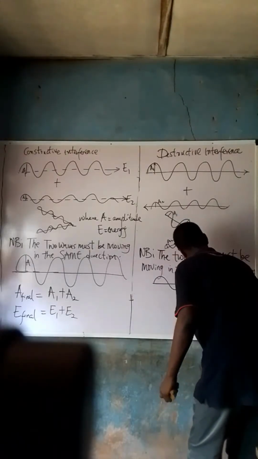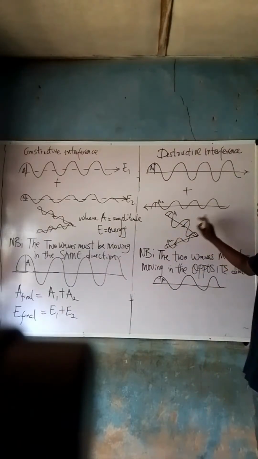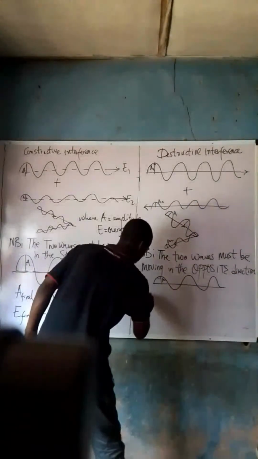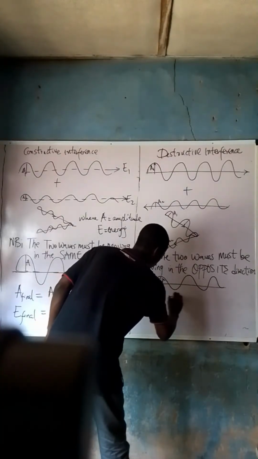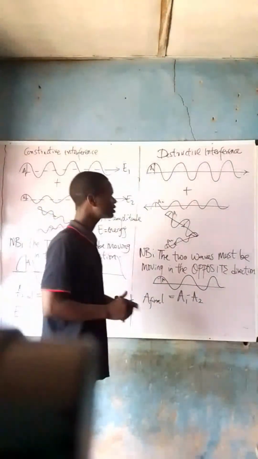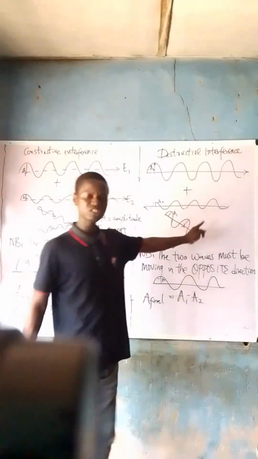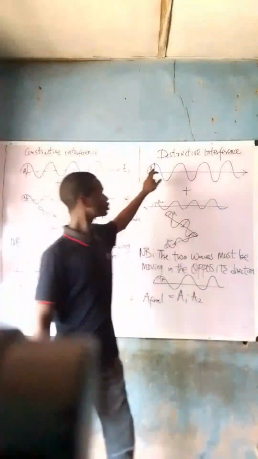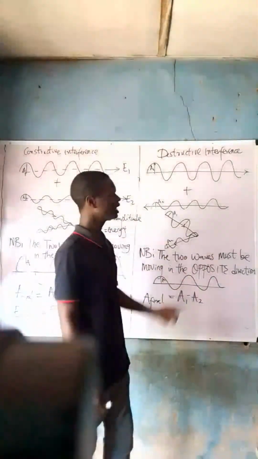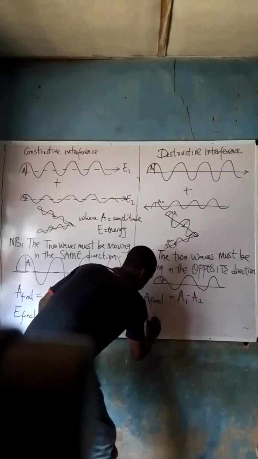It will now have a lesser amplitude. Reason being that it has what? Use some parts to overcome the oppositely directed light wave. So A final will be equal to A1 minus A2. Take note. Because the energy of this wave was moving in this direction, but the energy of the opposing wave was moving in this direction, some of the energy of the wave that was moving in this place will be used to overcome the opposing wave. The leftover will now move the wave in this direction. So the final energy will be equal to